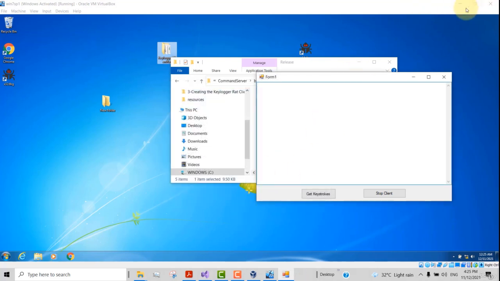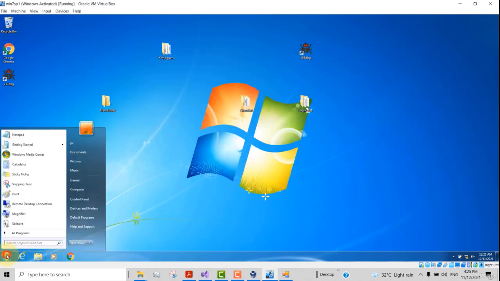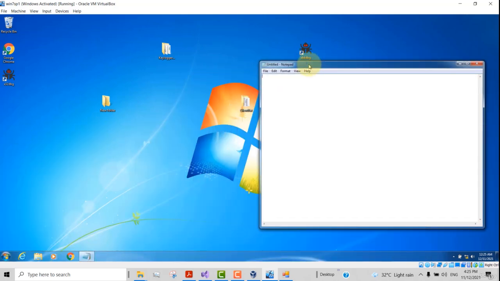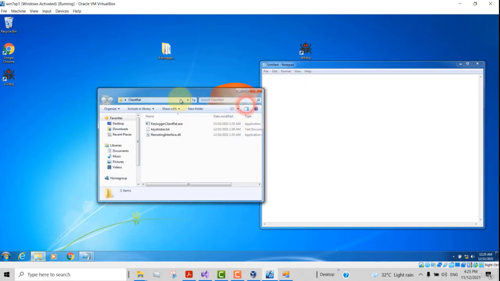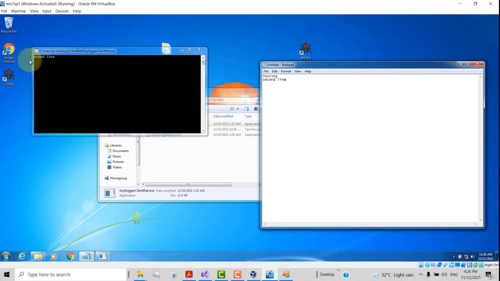Okay, so now we can start typing. Open a notepad and start typing something in notepad. So this is the client machine. Before we start typing, we have to fire up the client. So double click to start the keylogger client and start typing something. Okay, it takes a while for it to initialize